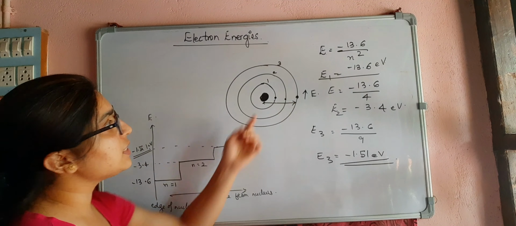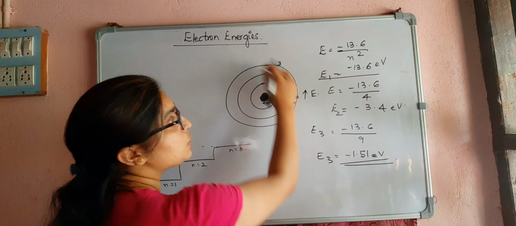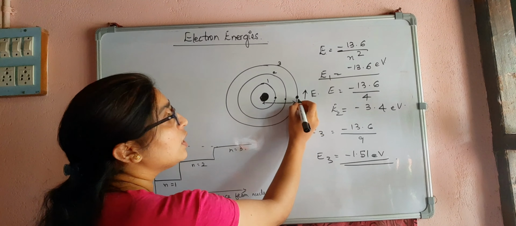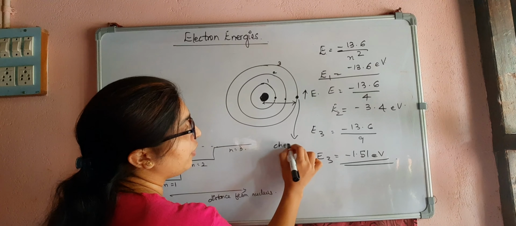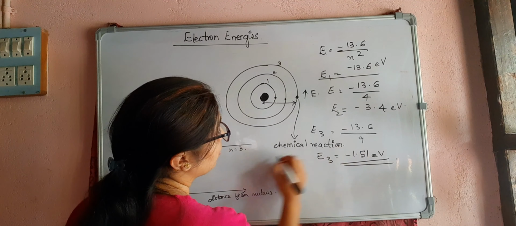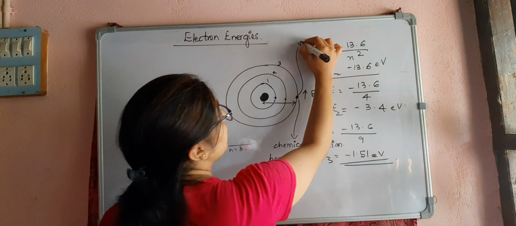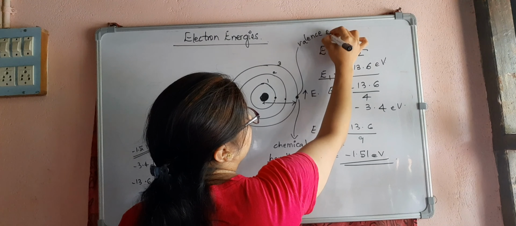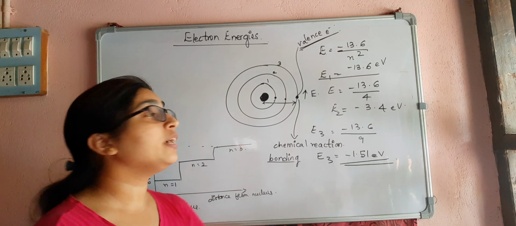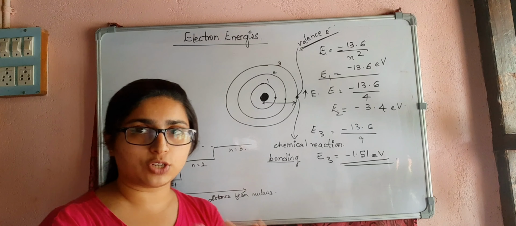That means these electrons are bound to the nucleus and they are not free to move. But the electron which is present in the outermost orbit is far away from the nucleus. So this can engage in chemical reactions and also bonding with other atoms. So these are the valence electrons. The electrons present in the outermost orbit have greater total energy, the kinetic and the potential energy will be more.